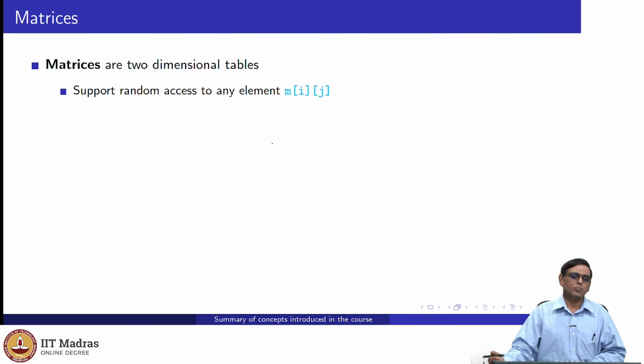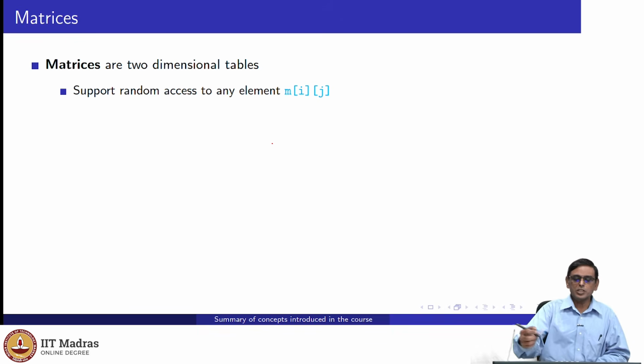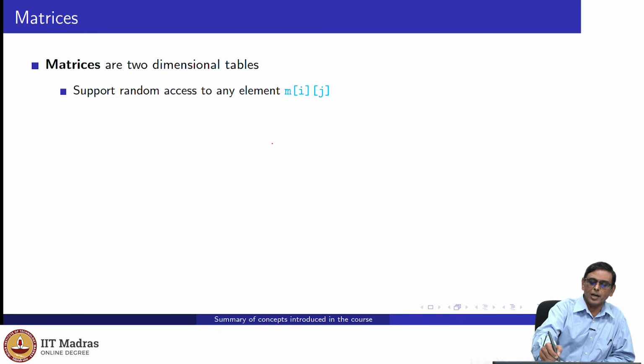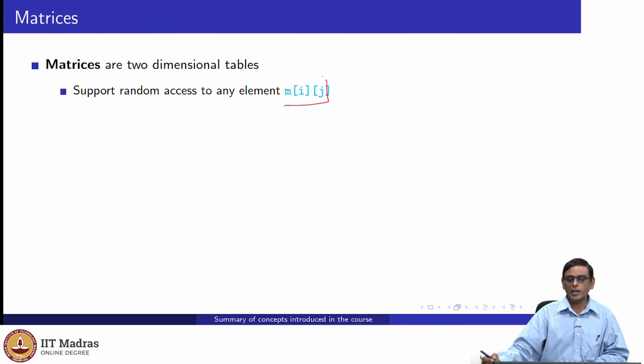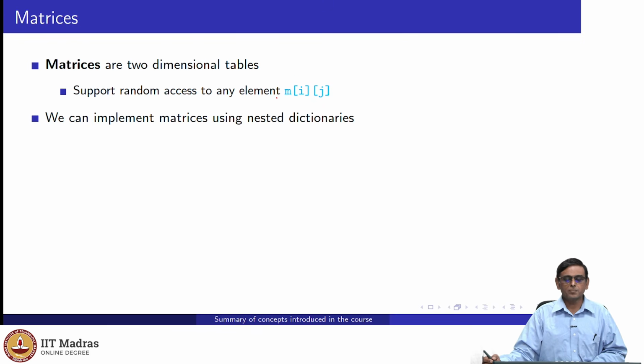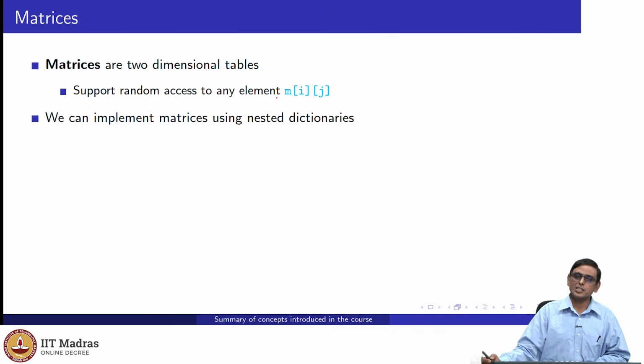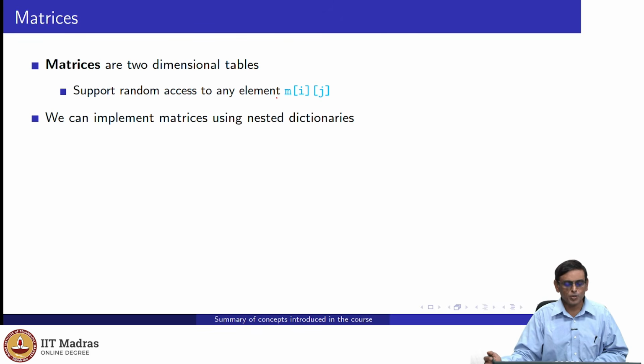Then, as a byproduct of doing graphs, we brought out the idea of matrices, which allows you to access an element i, j randomly. So you can find Mij quickly, right? And there are direct implementations of matrices in many languages. Like most languages that you have seen, there is a very strong direct implementation of matrices. You have seen it already.